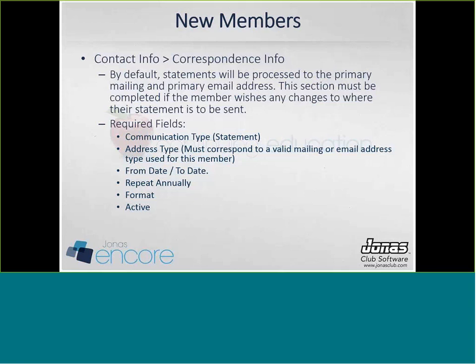Correspondence info is one of the more important tabs on a member file, and it dictates how members receive correspondence, mail, or statements. By default, statements will be processed to the primary mailing and primary email address if you're printing and emailing. So if you do nothing on the Correspondence tab, it will by default go to their primary email and their primary mailing address. However, if you do fill out the Correspondence Info tab, you can manipulate how members receive their